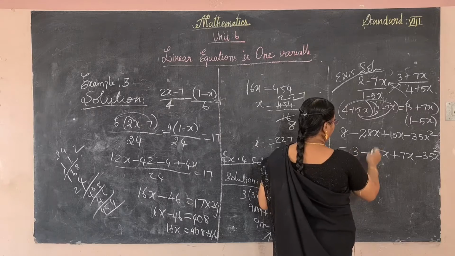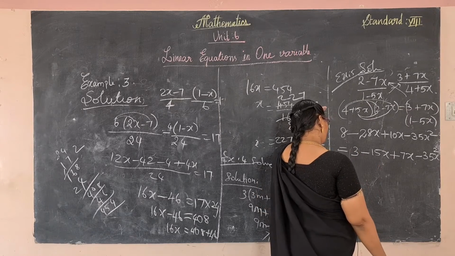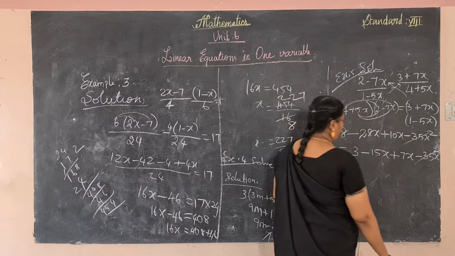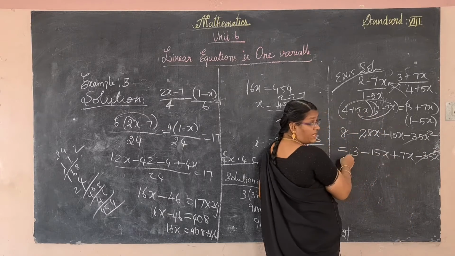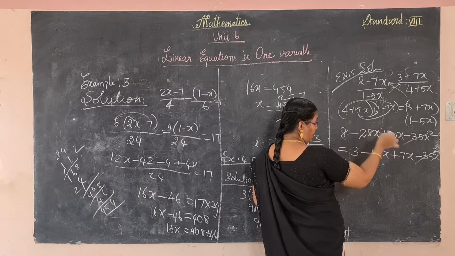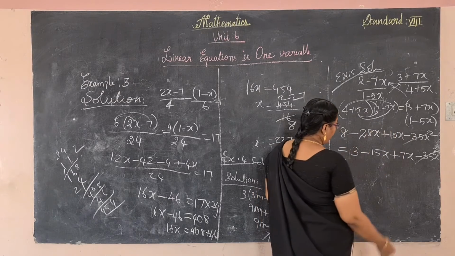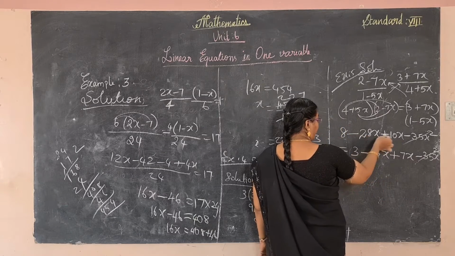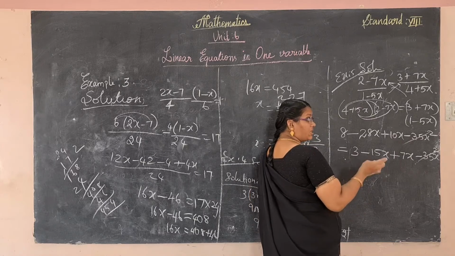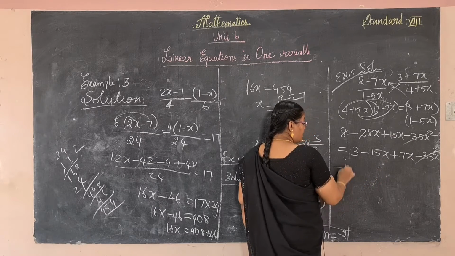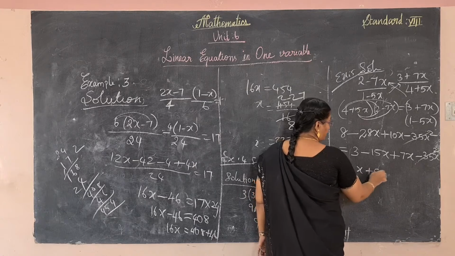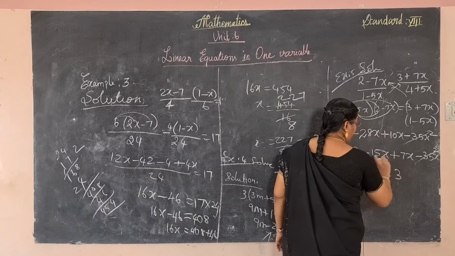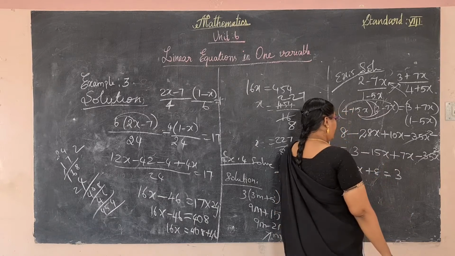So simplify. These two are equal and have the same value, so we cancel them. Because the equal sign is there, equating both sides with the same value, we cancel. Now simplify this side: minus 28x plus 10x. Two different signs, subtract and put the greater number's sign. So minus 18x plus 8 is equal to, on the right-hand side, 3. Here also the different signs subtract, and we put the greater number's sign.